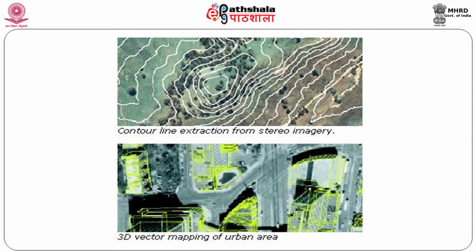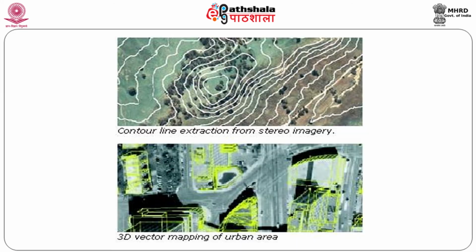So, the most important application from any kind of satellite image or aerial photograph which is in 3 dimension is contour mapping. But still, as I was just telling you, getting the 3-dimensional data from aerial photography is far superior to 3-dimensional data from satellite. Whatever may be the case, invariably we use aerial photographs for generating or extracting a contour. Now, I want to go for 3D vector mapping of an urban area.